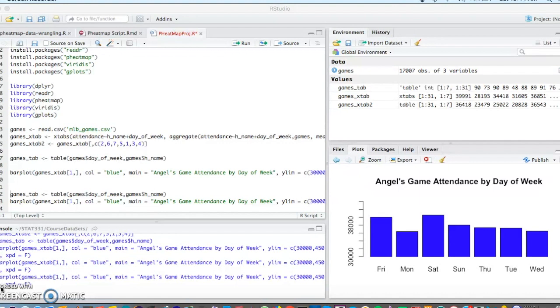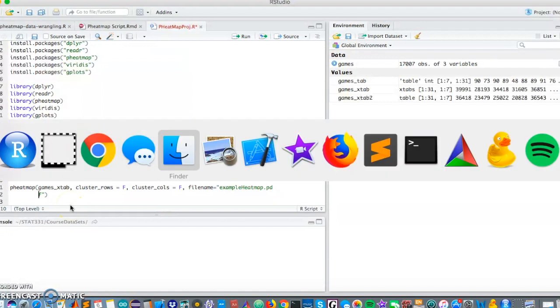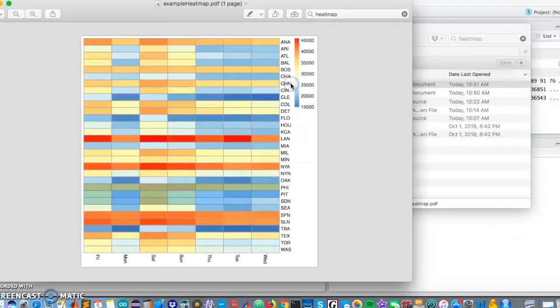But what if we wanted to see graphs for the attendance for every Major League Baseball team by day of the week? Making 30 bar plots is an option, but comparing them all at once would be a very difficult task. Instead, we could make a heat map using the R package pheatmap. You can see here, we're pulling up the heat map, and as you can see, there's an average attendance by day of the week for every single MLB team, all in one simple graph. The previous bar plot has now been condensed to the first row of the heat map and can now be easily compared to the averages of attendance of the rest of the teams,